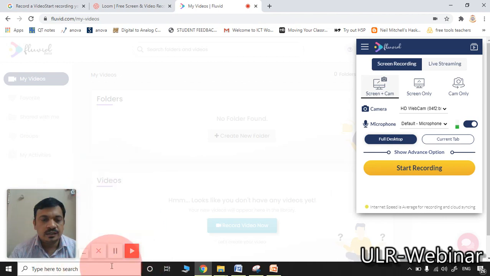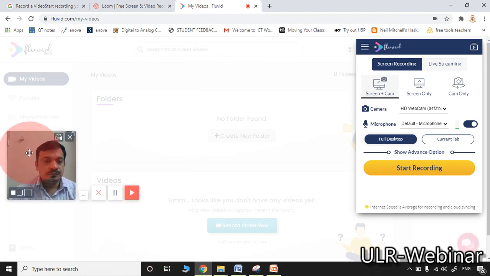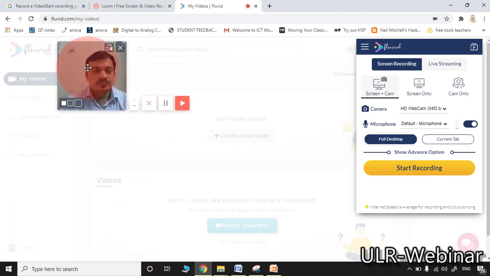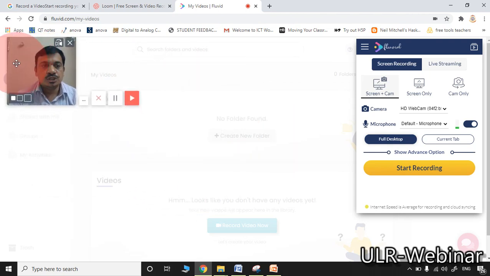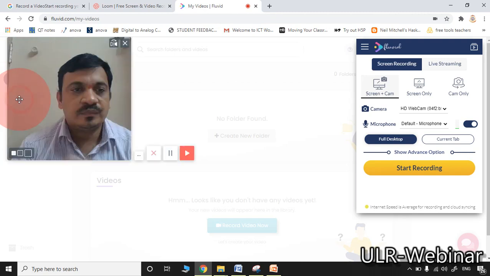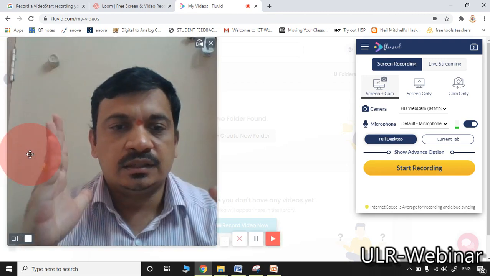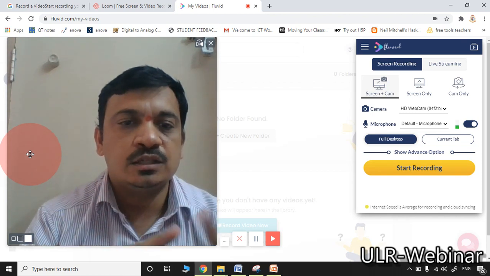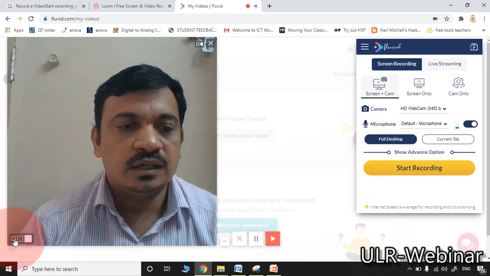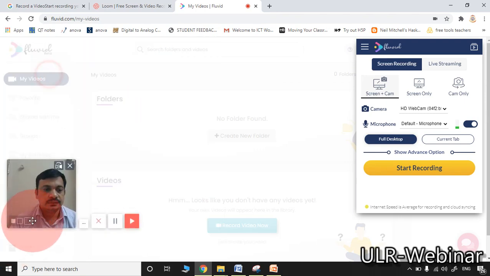To cancel the recording, to pause the recording, to start or stop the recording, options will appear in this place. Here also you can change the position of the PIP. Like in the Loom, here also you may change the size of the PIP. Video frame size also you may change as per your requirement.